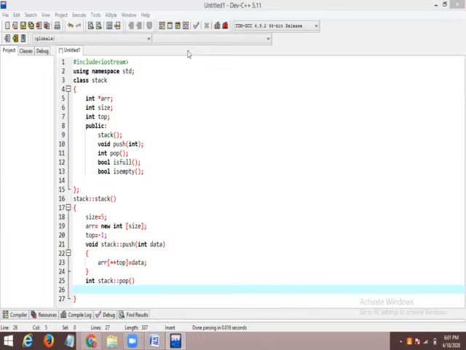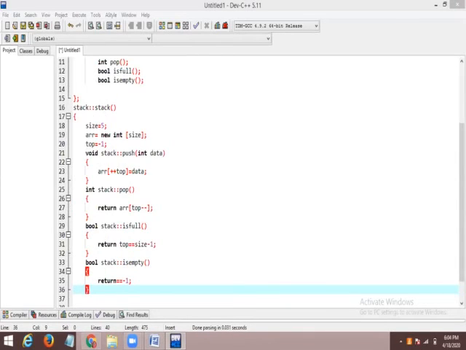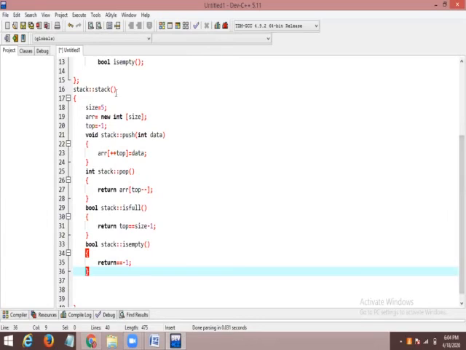See here, I took a stack constructor and the size of the stack is 5, and array new int, like whenever we are going to enter, it is going to have a value for everything. Okay, array like 0 1 index values. And top is equal to -1. Why here I kept top equal to -1? I'll show you now.